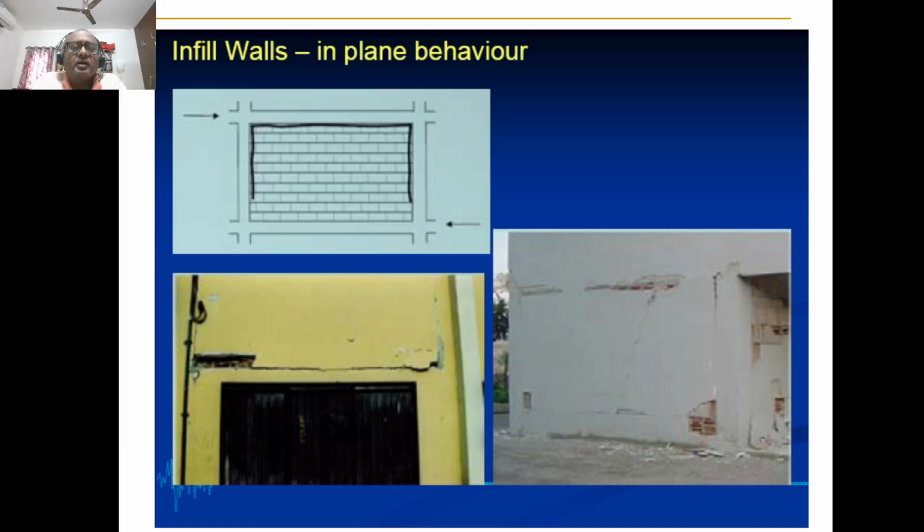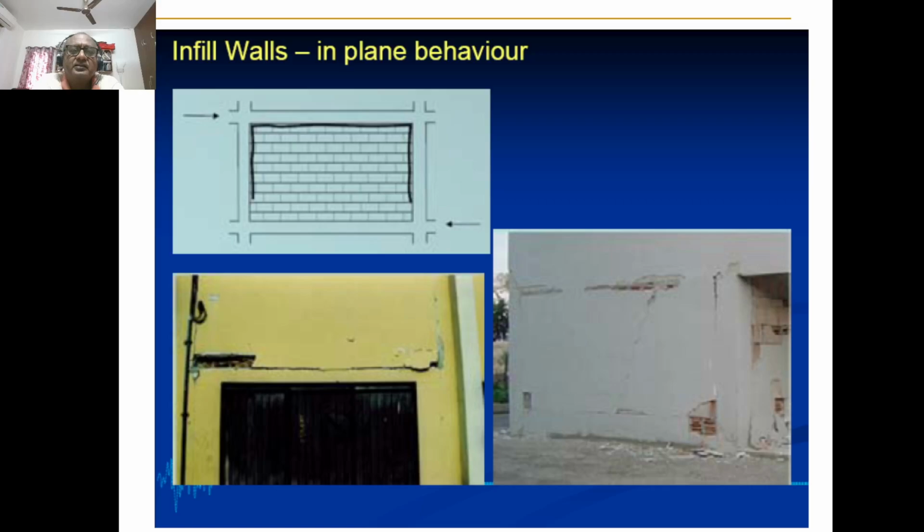The behavior of infilled wall during an earthquake is also not well understood. During design, what we do is the weight of the wall is supposed to come on the beam as a dead weight, and that is what we consider in the analysis. But earthquake is about lateral forces